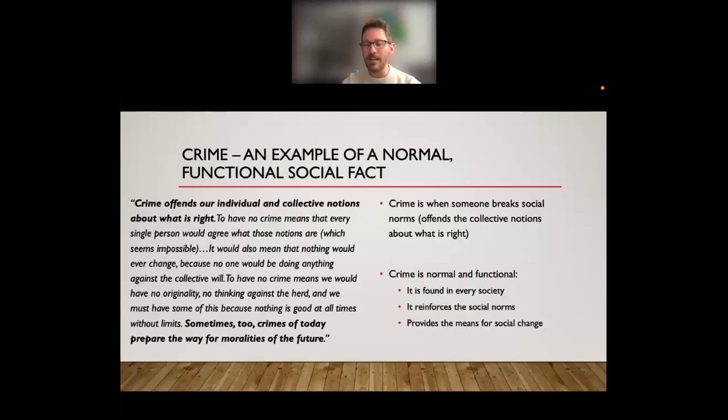So Durkheim's analysis of what crime is, is that crime reinforces social norms, because whenever someone commits a crime, whether that is,